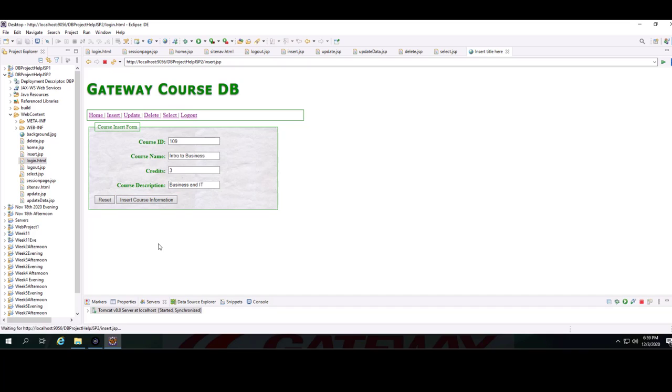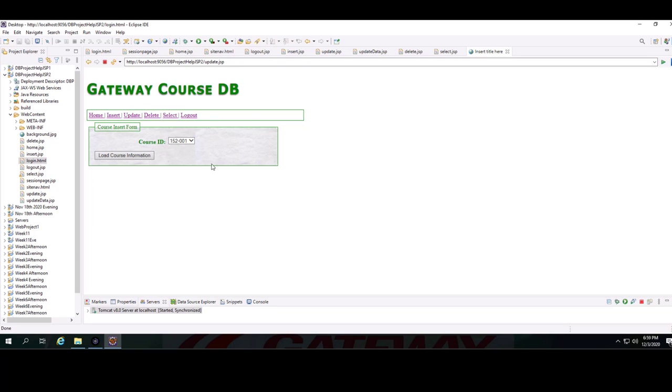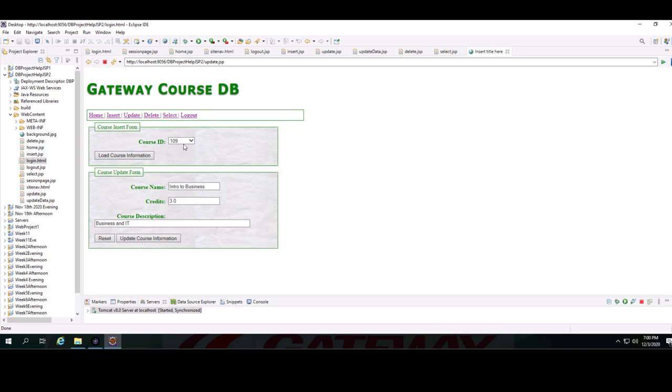and let me click insert. It tells me that one record was inserted successfully. Now let me go to update, and as I click on the drop down box, you can see this was the course that I just added, 109. I click on it, and I click on load course information, and notice 109 stays here,